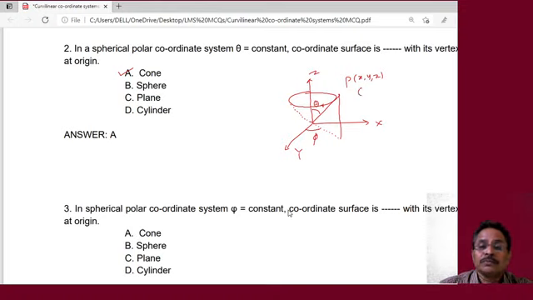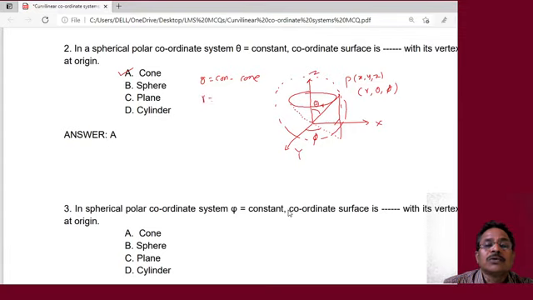Now this is what, again I'll get R, theta and phi. These are the new coordinates of this spherical polar coordinate system. When we go for R is equal to constant, then we will get a sphere of radius R. Likewise, theta is equal to constant is a cone, R is equal to constant is a sphere, and phi is equal to constant. For example, this phi is a constant, so we'll get a plane